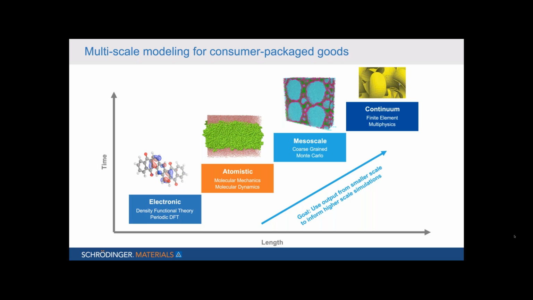But that doesn't mean that at each stage there isn't value, and also that some of the information at one stage can be fed up. So, the ultimate goal of multi-scale modeling is one day I can run a QM simulation at the electronic level, get some properties, feed it into atomistic, which is what we do currently for a lot of different types of simulation techniques. And then that MD simulation gives me some information. I can take that, whether it's the structure or some other parameter, feed that into a larger scale, and then